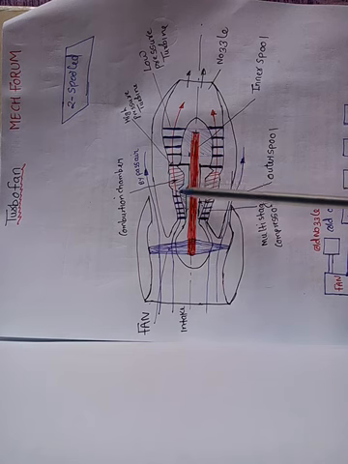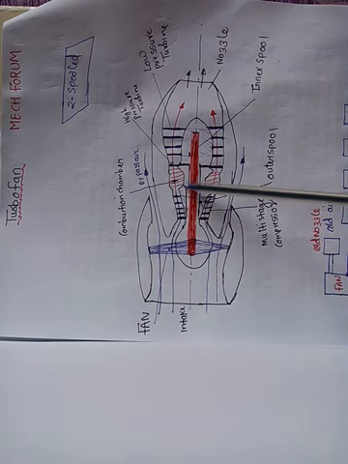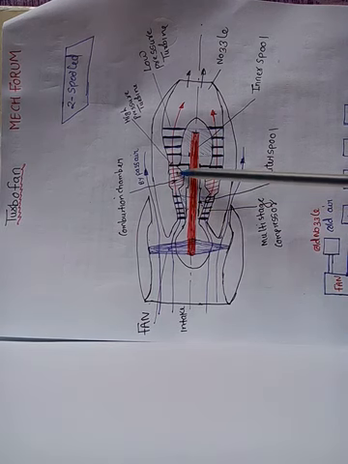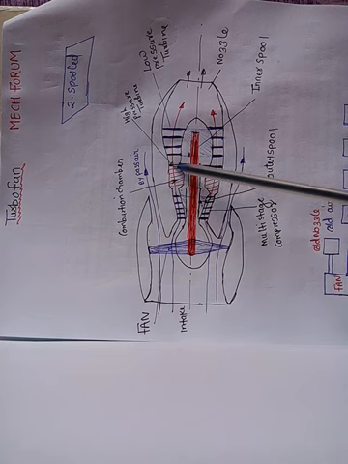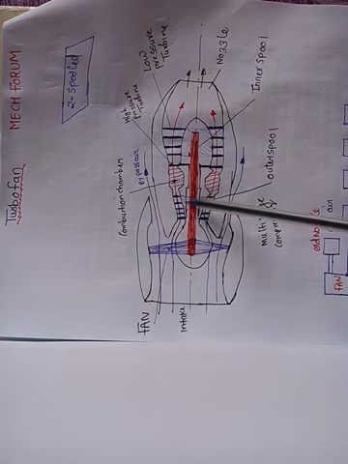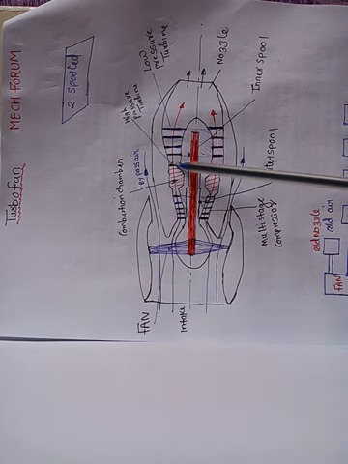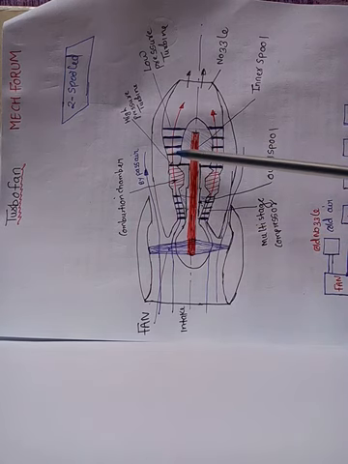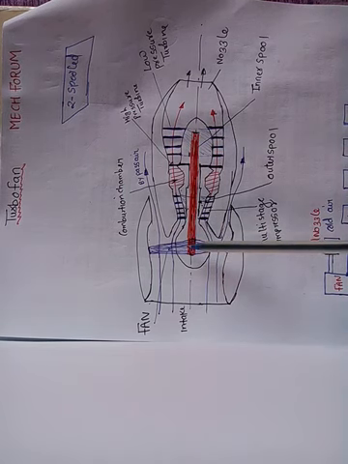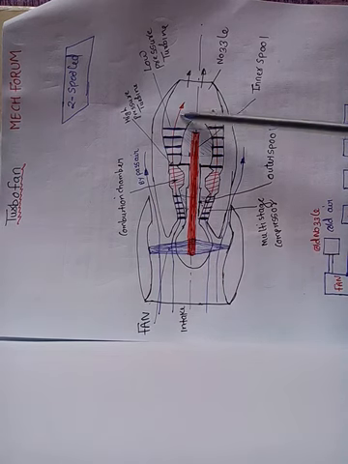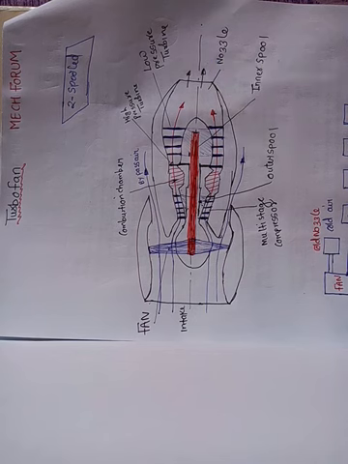As we saw in the single spooled turbofan, when the compressed air enters the combustion chamber, there is some diffuser kind of section which decreases the velocity of the incoming air. Now when the high speed hot combustion gases exit the combustion chamber, they first come to the high pressure turbine. There it gets expanded and helps in driving your compressor. Again this gas enters your low pressure turbine, again it gets expanded and helps in the rotation of your fan. And when it comes to the nozzle, it gets expanded and helps in the generation of thrust.